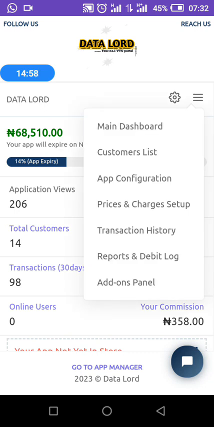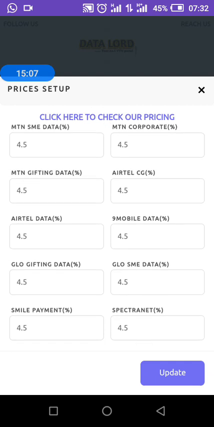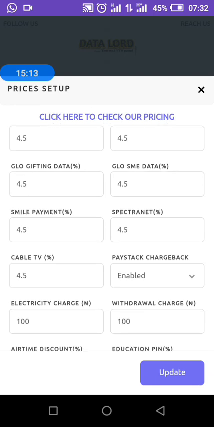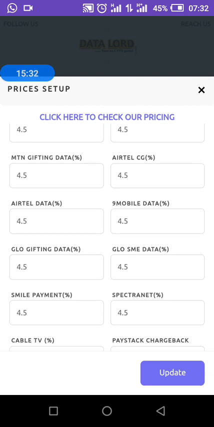per gig. So you can see I set mine as 4.5, 4.5, 4.5 on all the networks, both MTN, Airtel, Glo, the whole network is 4.5%, which is 10 naira. Calculate it or check it on your calculator. 4.5% of 225 naira is 10 naira. So I earn 10 naira on each data that is bought in my application or website, both Glo, Airtel, 9mobile,